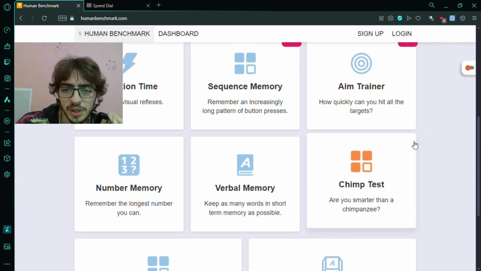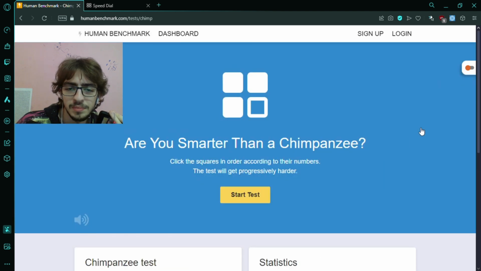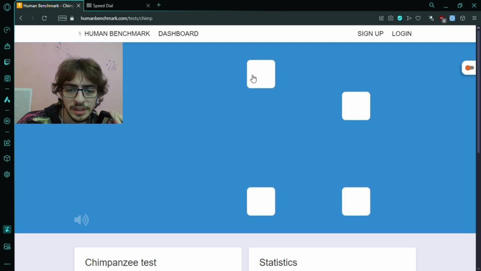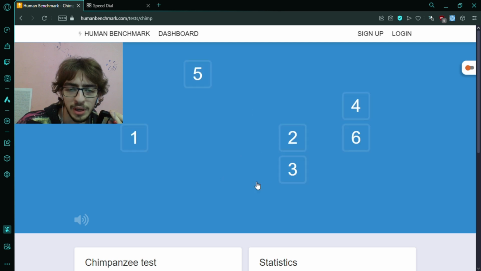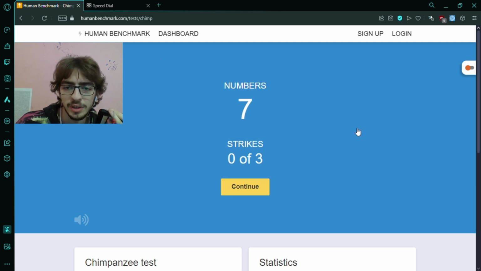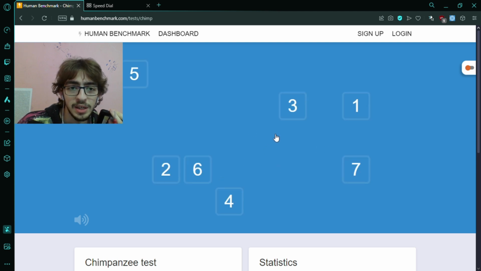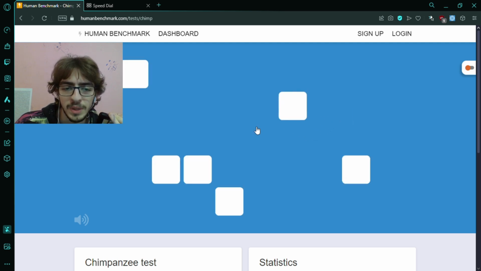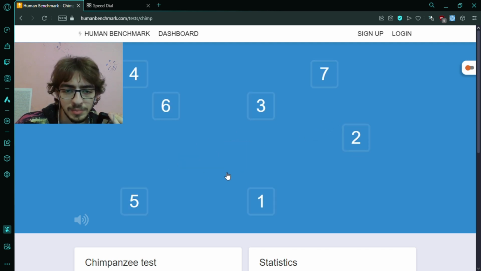So now let's go for the chimp test. There are these numbers, they all go white, and you have to remember which order they were in. Actually in the elements, they go white, but the numbers are still on them. So there's not even a need to save them. You can just read it from the elements. So yeah, let's just fail here